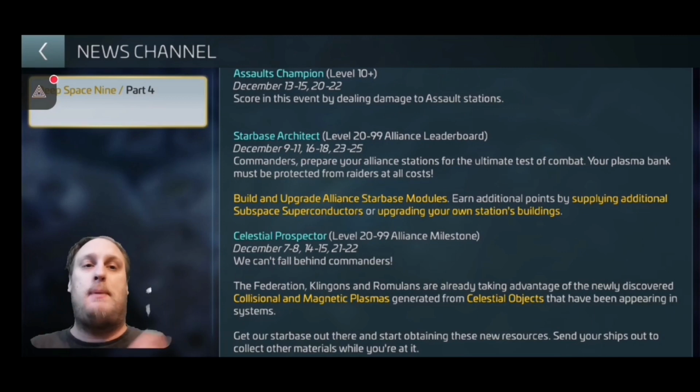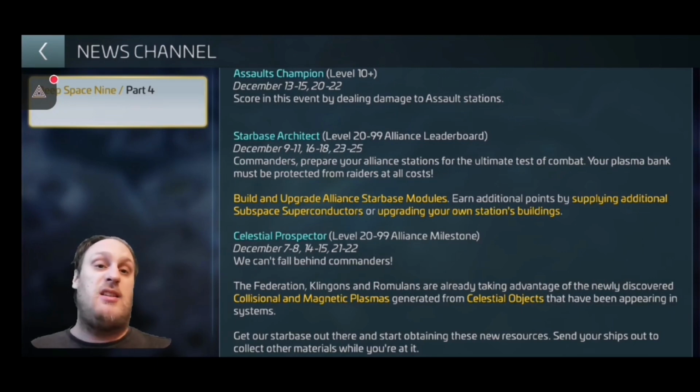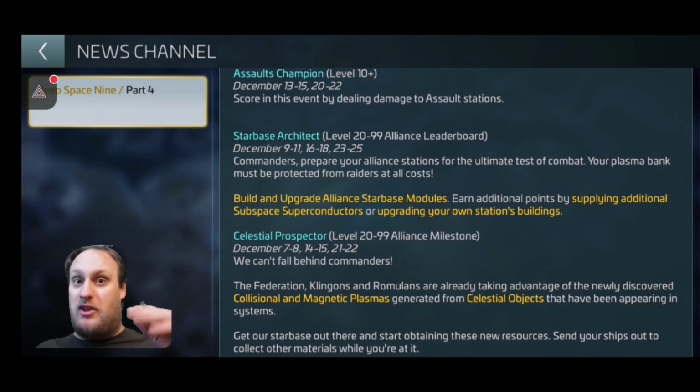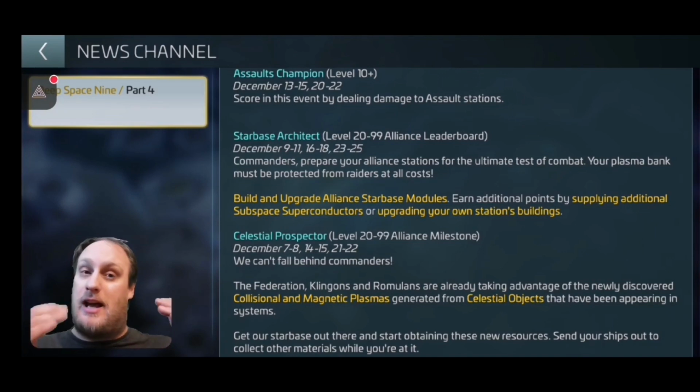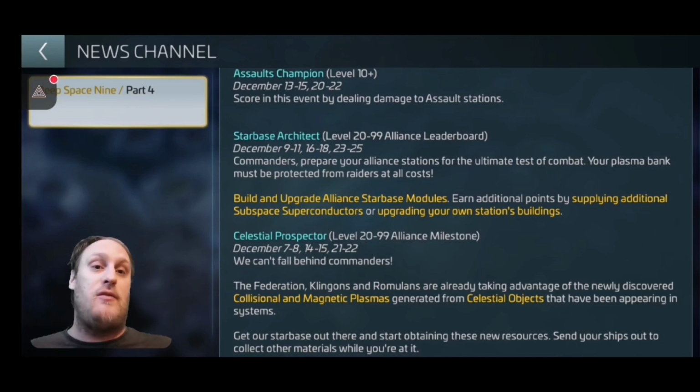So you're going to score by building and upgrading your Alliance Station Starbase modules. Earn extra points by supplying additional subspace superconductors or upgrading your own station's buildings. So you can upgrade your own station's buildings or the buildings on the Starbase. And then obviously supplying additional superconductors, which you will get from the packs with the Cardassian Armadas. Now, there's going to be a funny way around doing this, and I shall mention that just a little bit further down the calendar. Next up, starting today, the 7th of December,